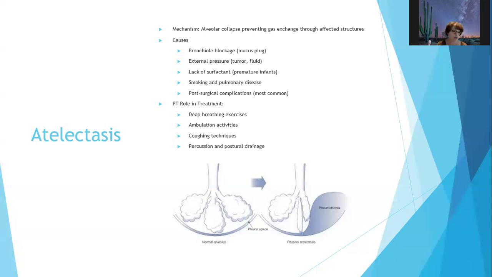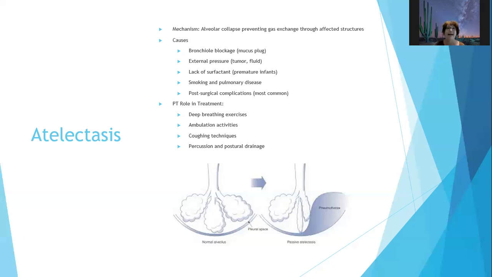So poor production or poor distribution of surfactant can also lead to atelectasis in adults. Smoking and underlying pulmonary disease are significant risk factors, and sometimes post-surgical complications. And post-surgical complications are the most common cause of atelectasis. So what we're going to be doing in PT, and this person's in the hospital,